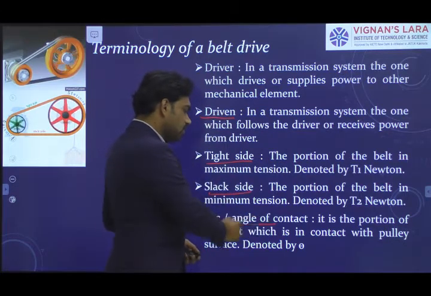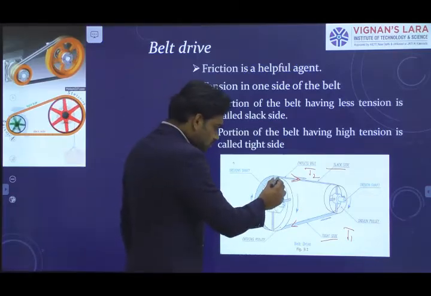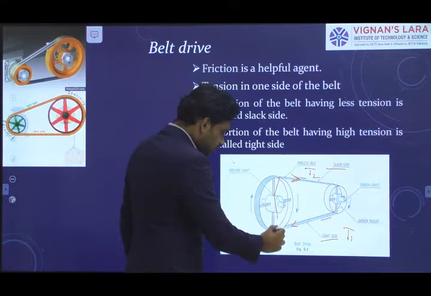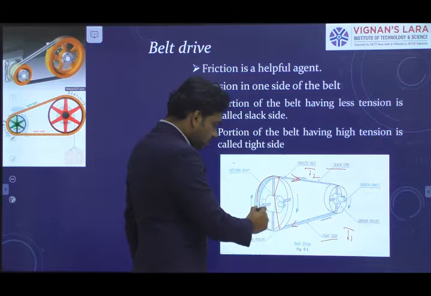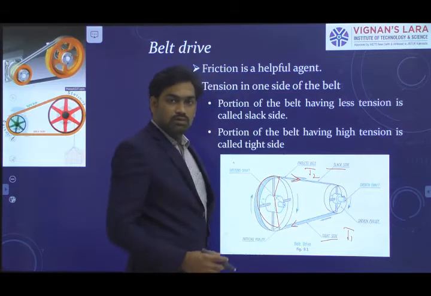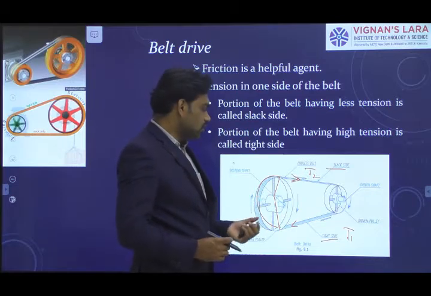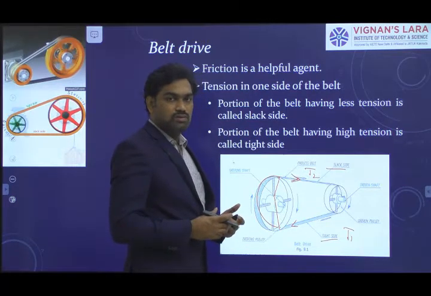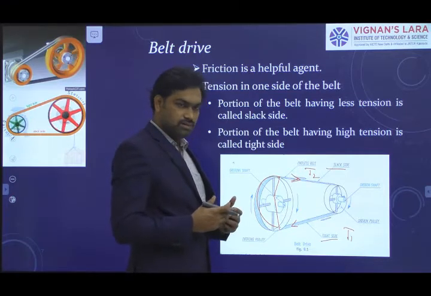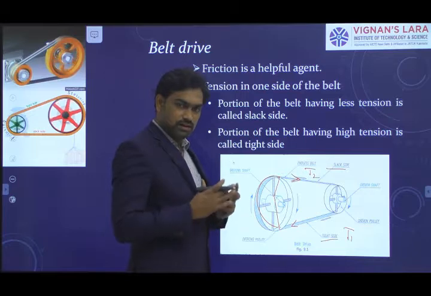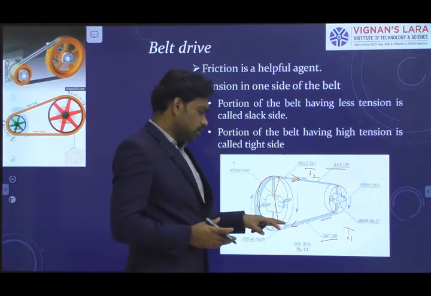And coming to the arc of contact, if you observe, a portion of the belt is going to be in contact. The amount of angle that the belt makes in contact with the pulley, we call the arc of contact. If the arc of contact is smaller, the frictional amount decreases, that is, the surface contact is reduced, the friction also tends to reduce, and there is a chance of greater slip. So you need to maintain a proper angle of contact.